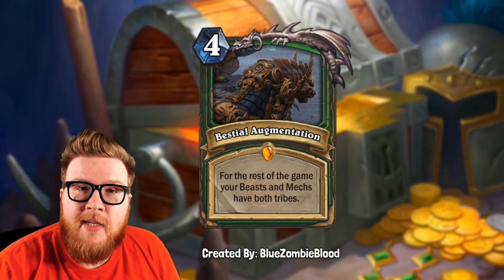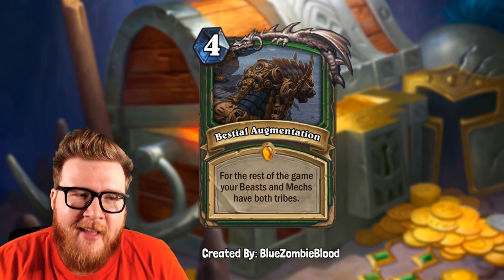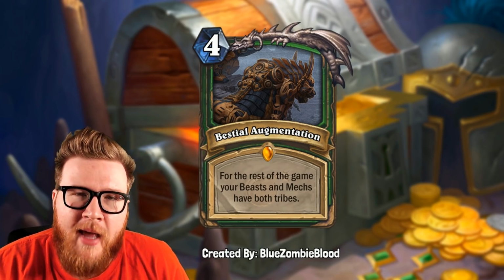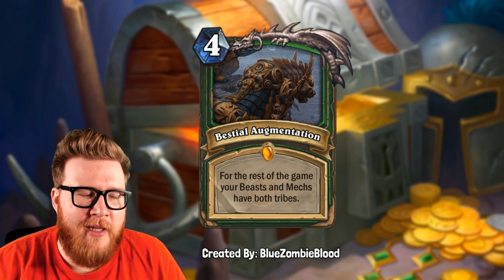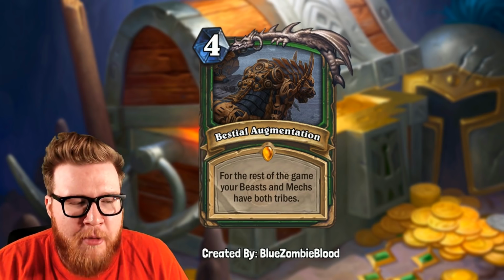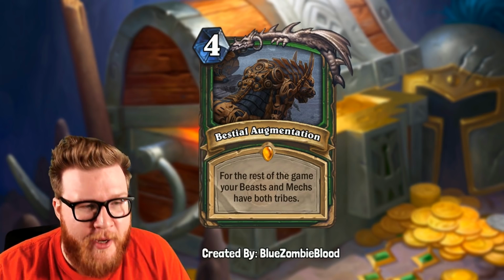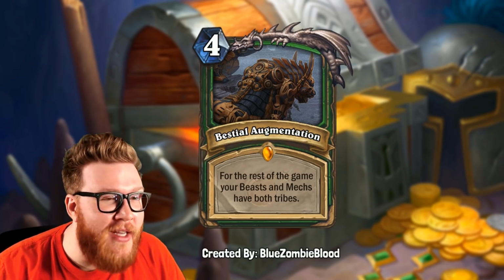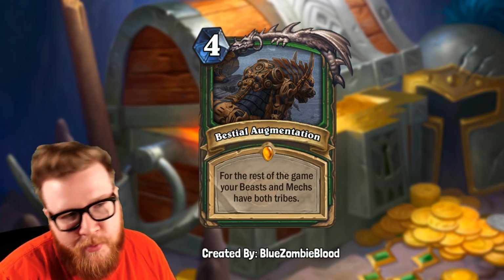So up next here, we have a new Hunter spell from Blue Zombie Blood, and I like this one because of its simple elegance. This is Bestial Augmentation, a 4 mana legendary spell, and it reads, for the rest of the game, your beasts and mechs have both tribes. And that is a really cool unifying effect for the Boomsday Project in particular, because as